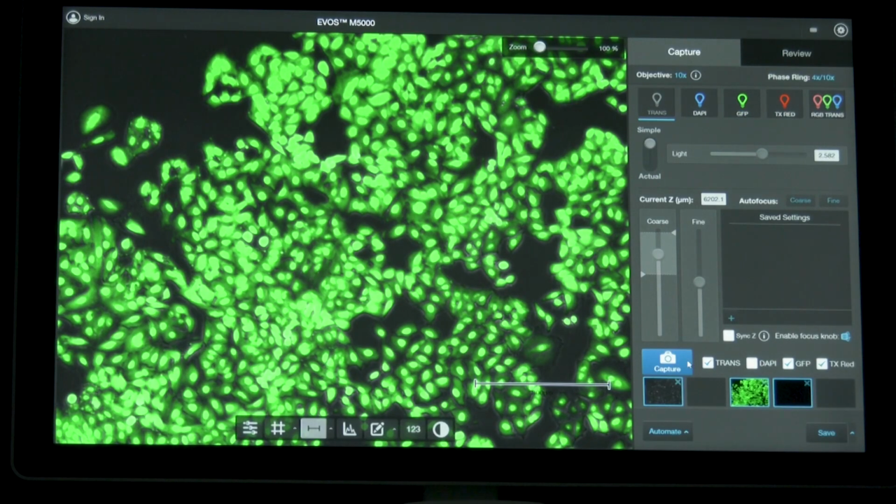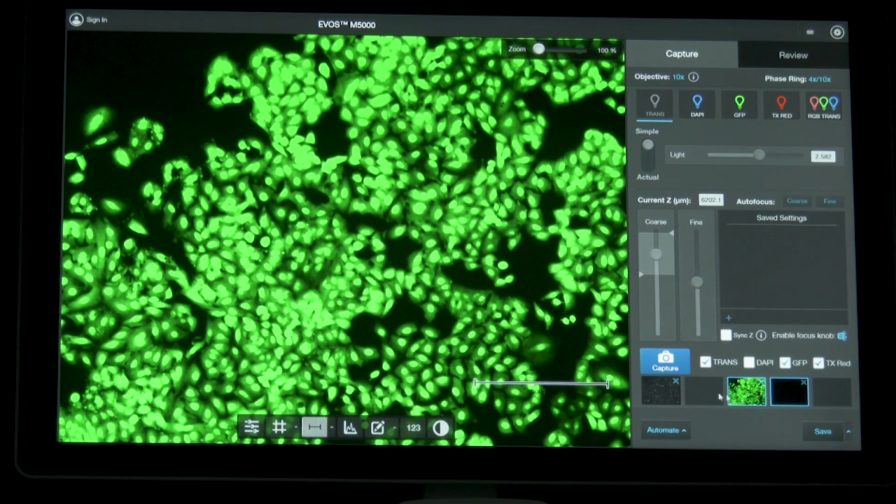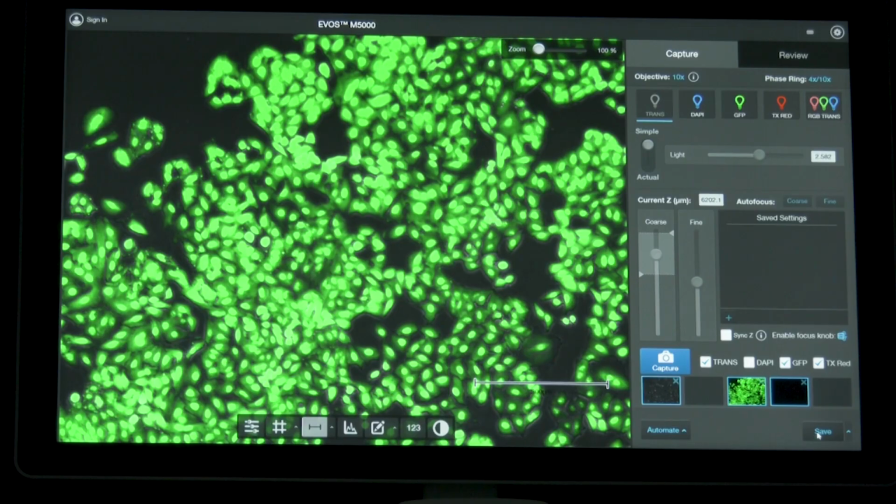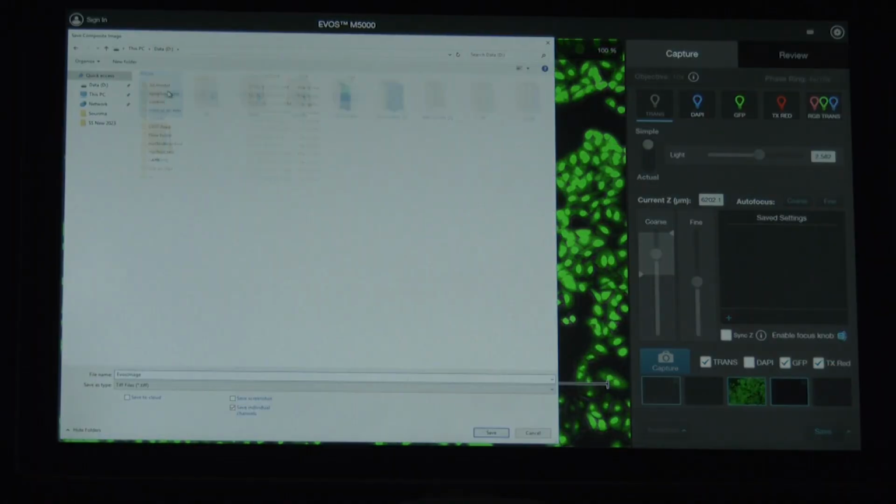We will repeat this process for the remaining control wells followed by the test wells. We will save these images.